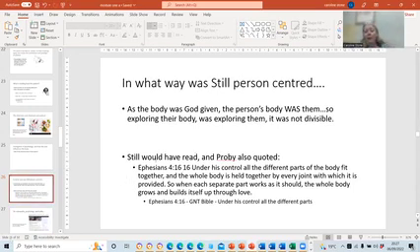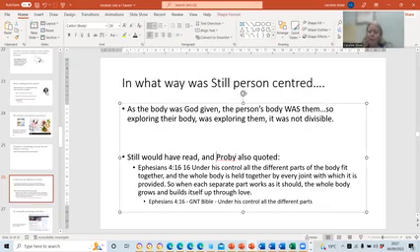this is one from the King James Bible that Still would have had, and an osteopath that we mentioned before, Jocelyn Proby, often quoted. He said that under God's control, all the different parts of the body fit together, and the whole body is held together by every joint with which it is provided. So when each separate part works as it should, the whole body grows and builds itself up through love. So you're getting a